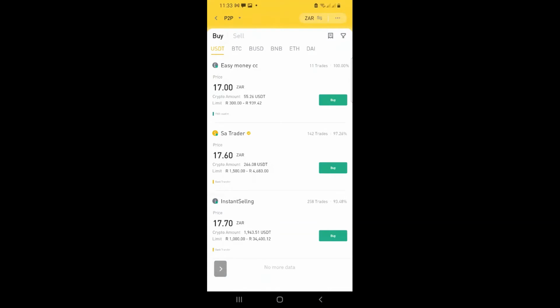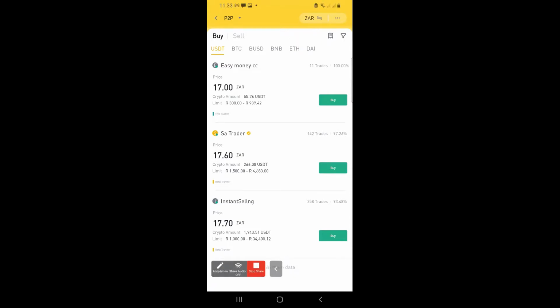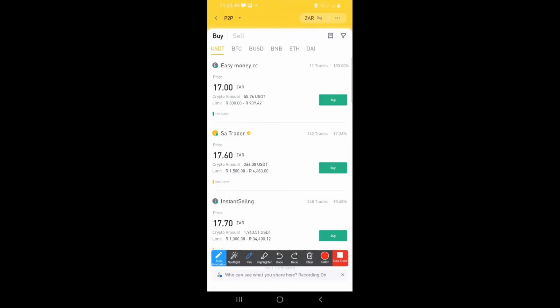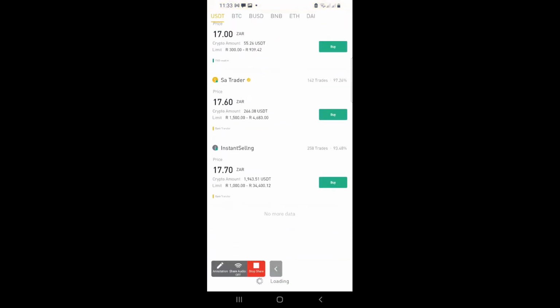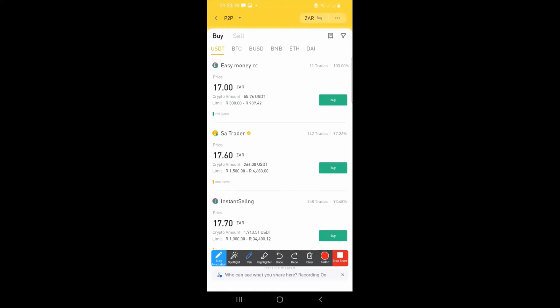If they come here, they must, of course, select the currency of their country so that Binance can then give them the options of people in their country that are selling. Okay, and then, of course, they select what they are wanting to buy. In our case, we want to buy USDT, and then you will see these are all the individuals that are currently selling. You select the one that you want, and once you've done your selection, you will have the various